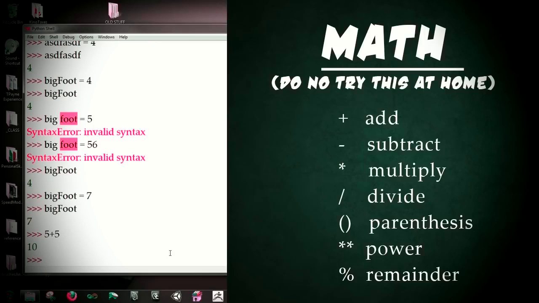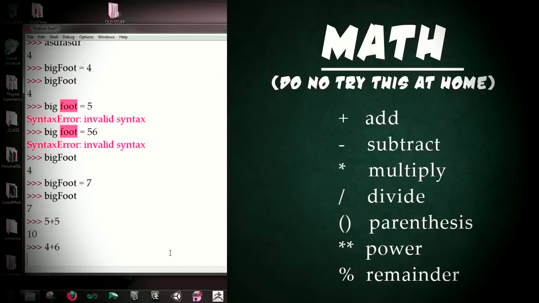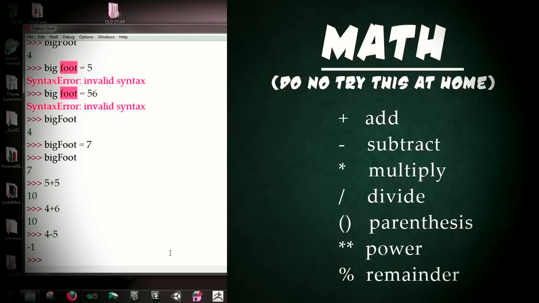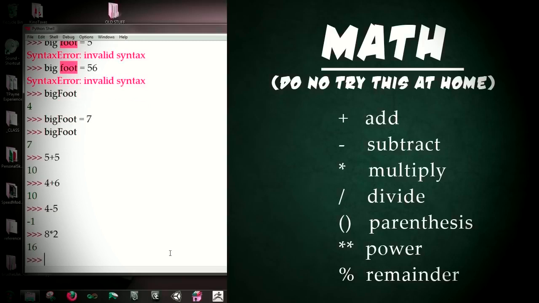10. Good job. You guessed correctly. It actually will spit out the answer, depending on what it is. So I can do 2 plus 4 or 4 plus 6, and it'll give me the answers. You can also do 4 minus, you can do the standard math operations, you can do multiplication, and it'll figure